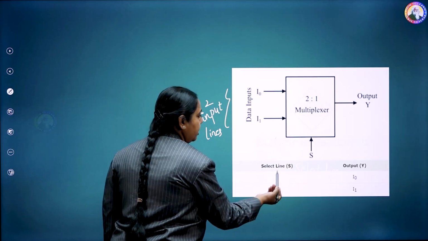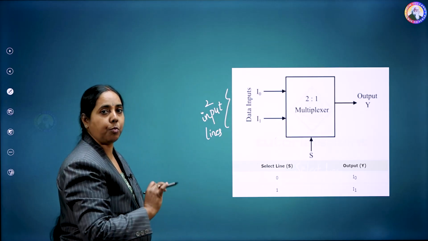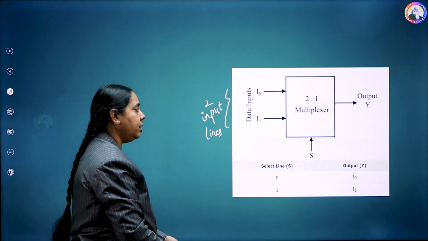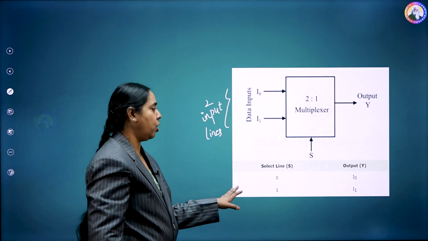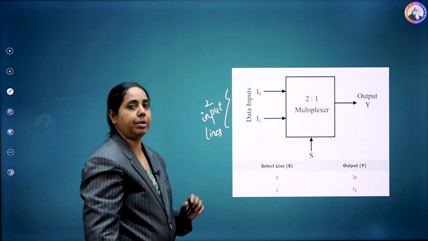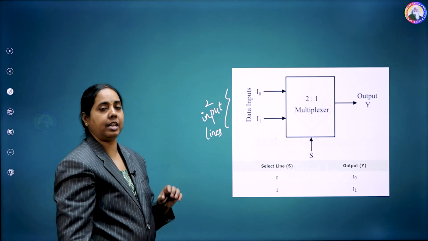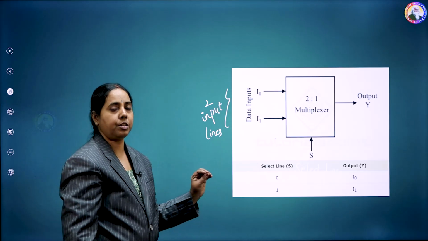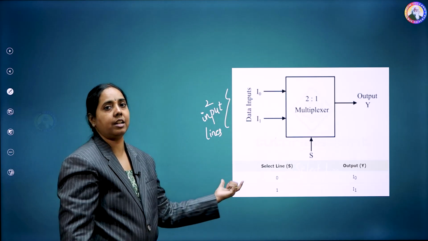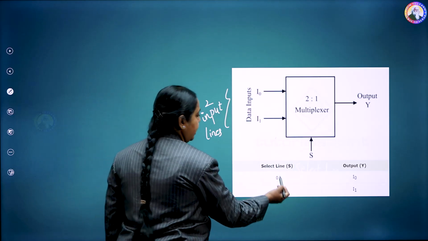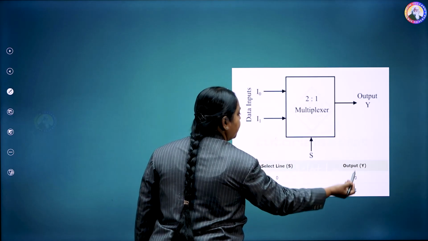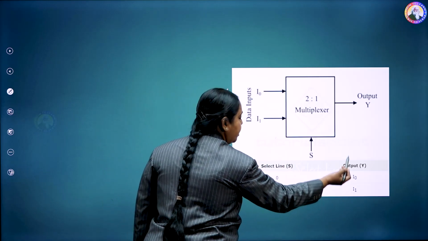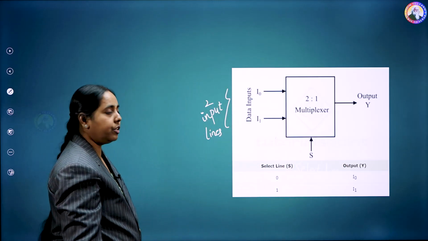Here if you observe, the truth table comprises selection lines and output. Earlier in the truth tables we had seen inputs and outputs, but in the case of a multiplexer the truth table contains columns like select line and output, because in the definition we saw that the select line tells you which input should be connected to the output. That's why here we go with the select line in the truth table. If it is 0, then the input connected to the output is I0. If the select line is 1, then input I1 should be connected to the output.